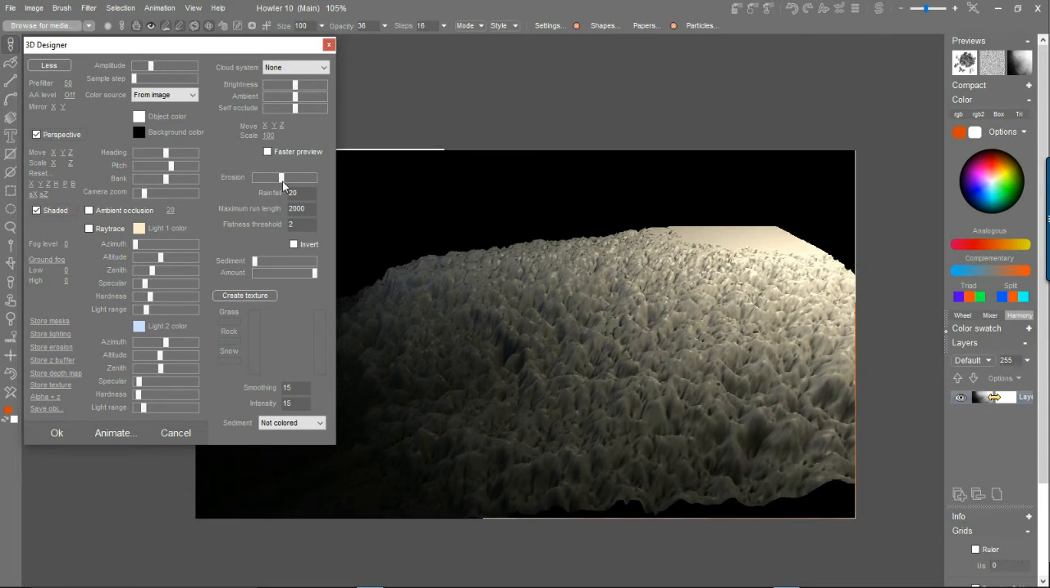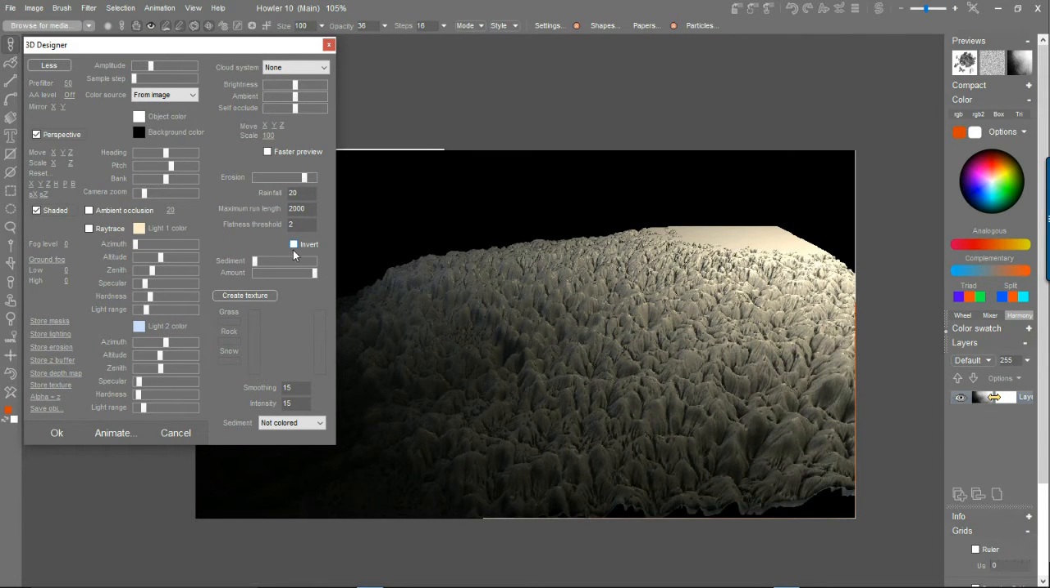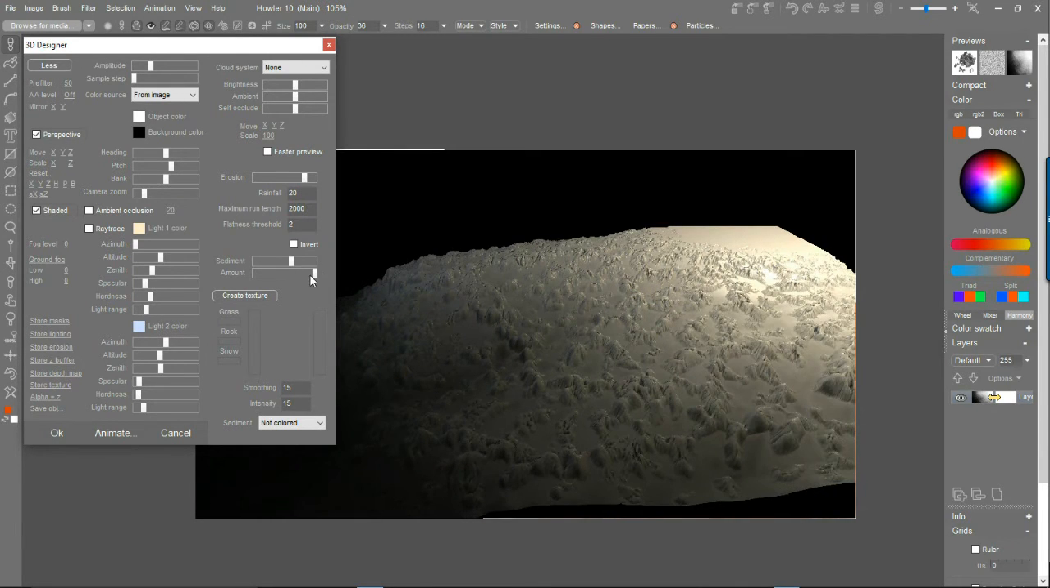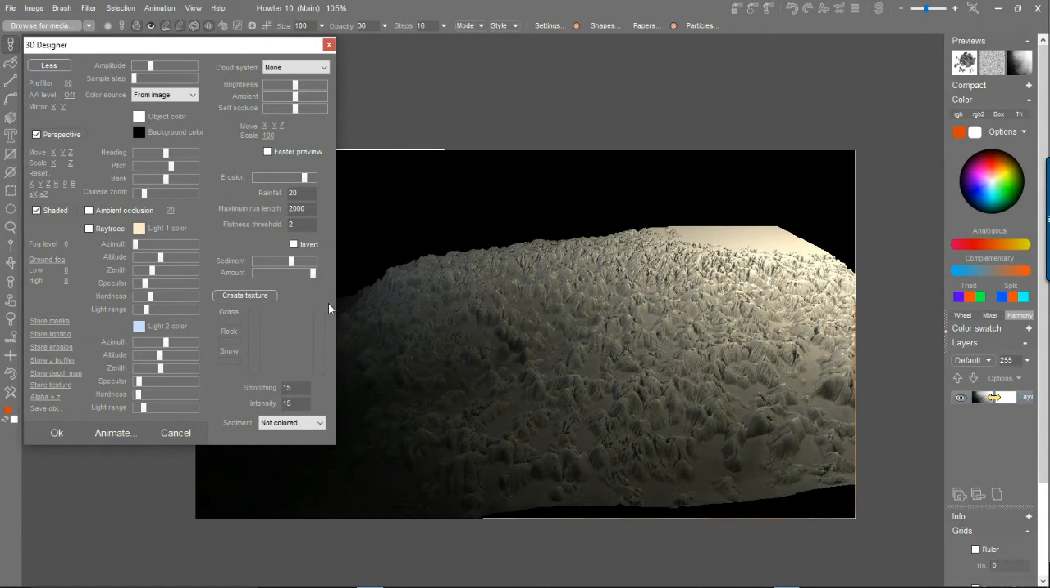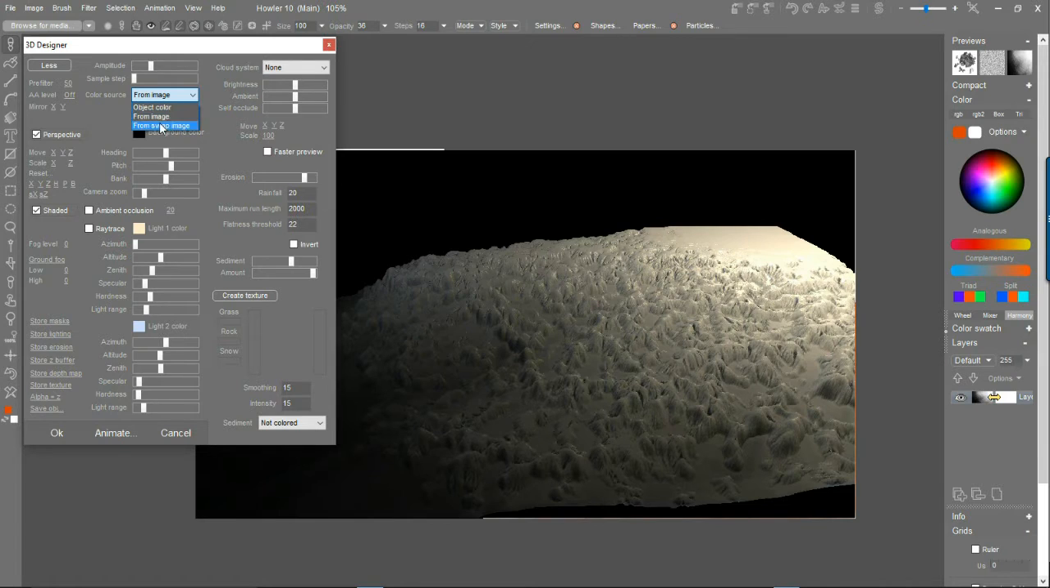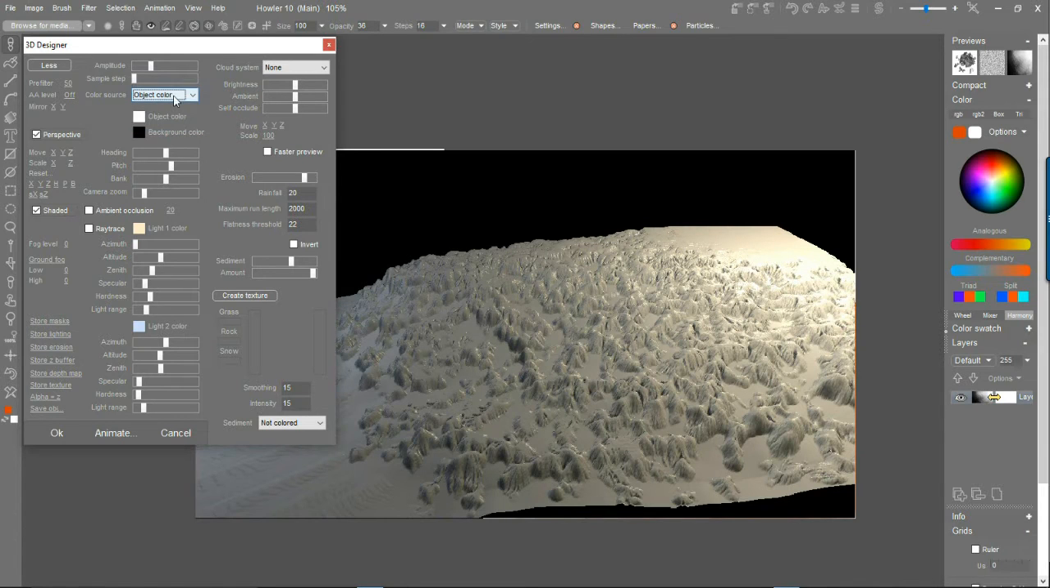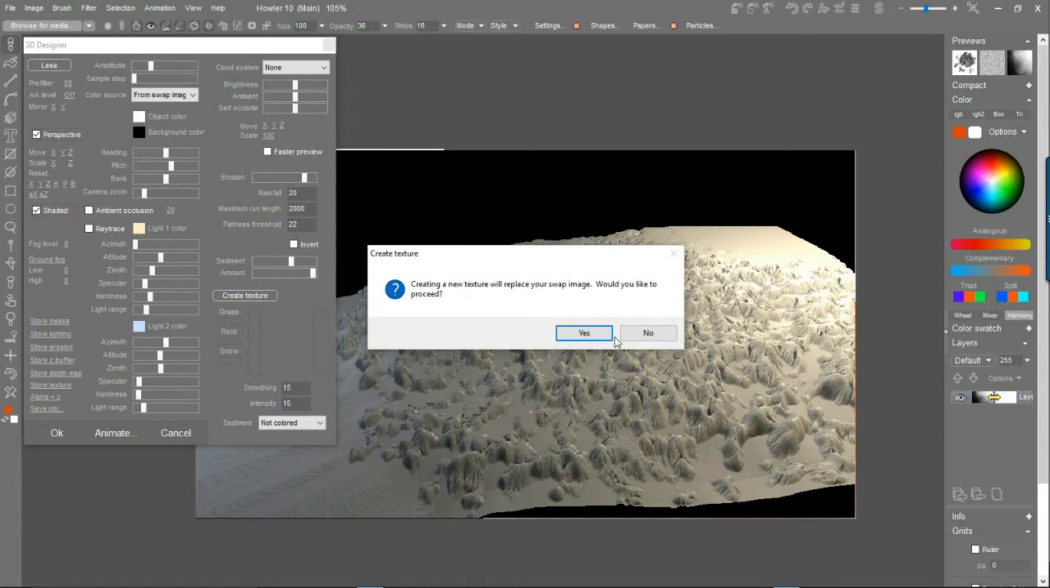The initial click, or the initial calculation, takes some time, but then it's just a deformation of that map. You can adjust some sediment levels and get some extra behavior here, the flatness threshold, and of course change the coloring to not grab it from the initial map itself, but perhaps have it from the swap image. Now the swap image right now has nothing in it, but if we go to the create texture,